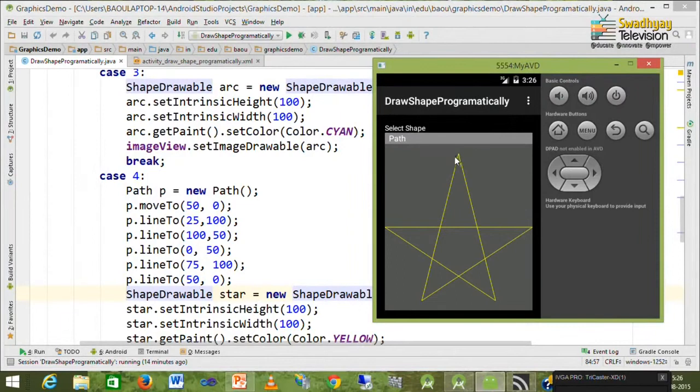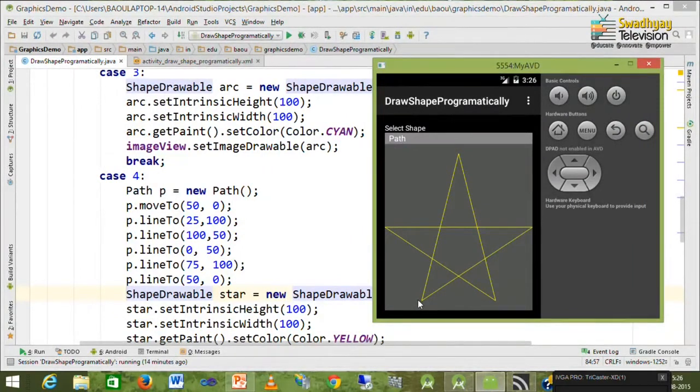Now, this point is a 50, 0. Now, this width is 100. So, this middle point is a 50 for x and 0 for y. Now, here if you can see, this is half of the center point. So, x is 25 and height is a 100.